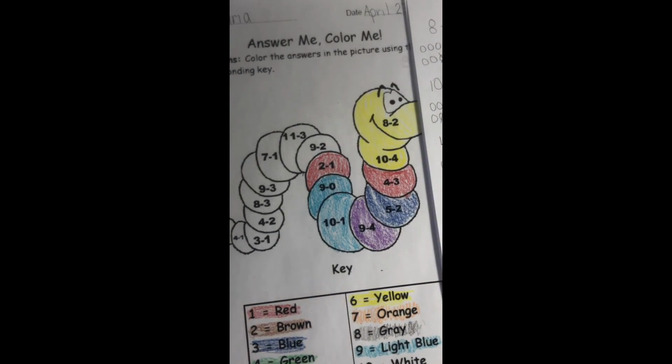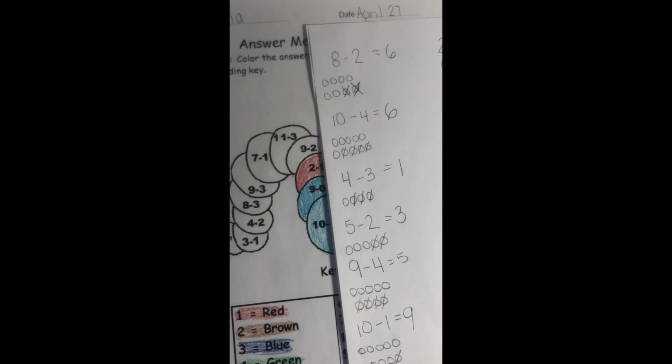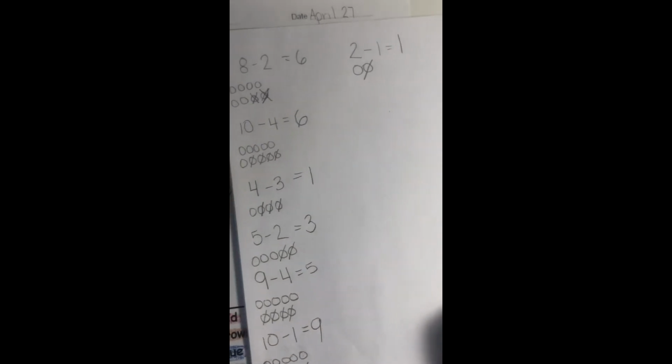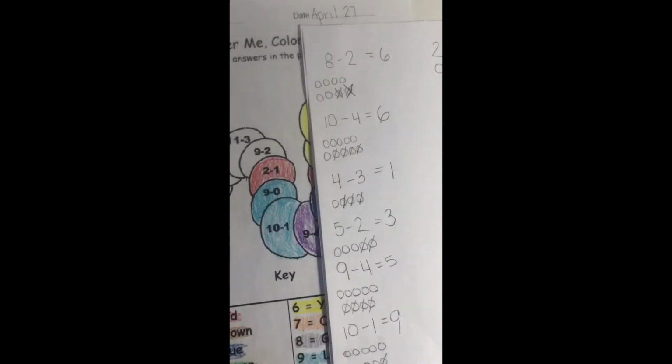Beautiful. This room looks so good, guys. Okay, so then our next problem is, can you see this? Okay, 9 minus 2 equals,